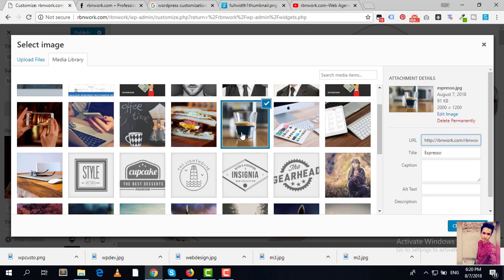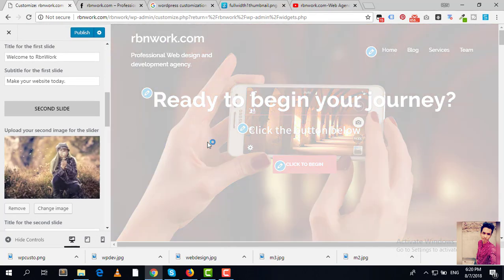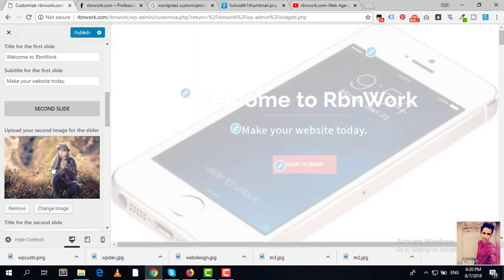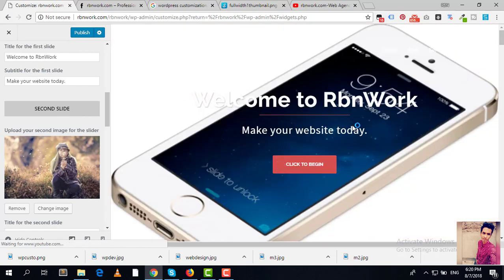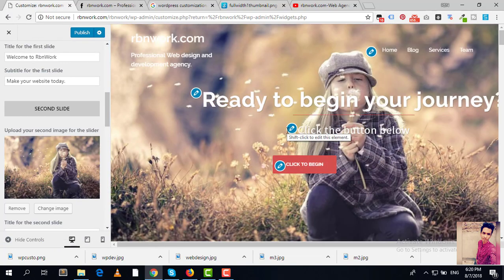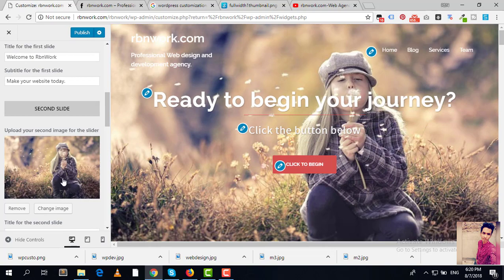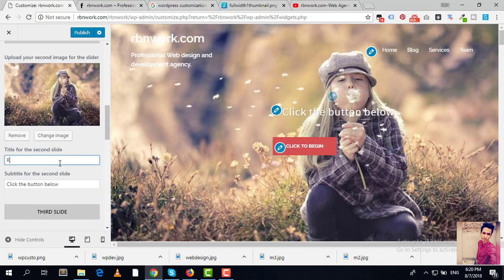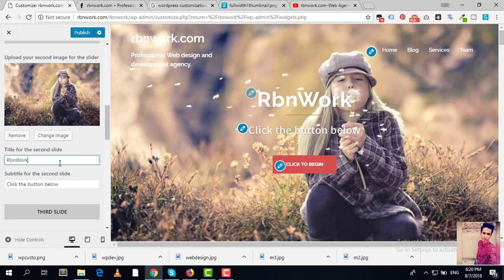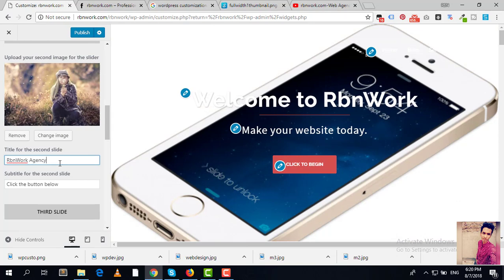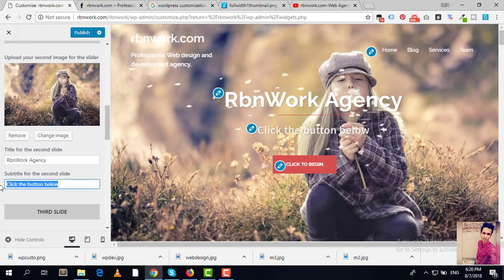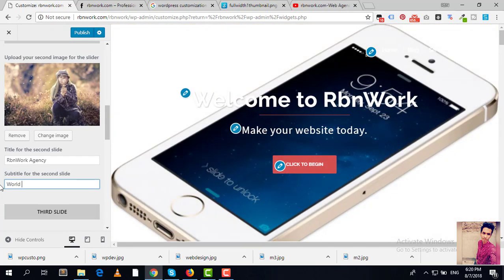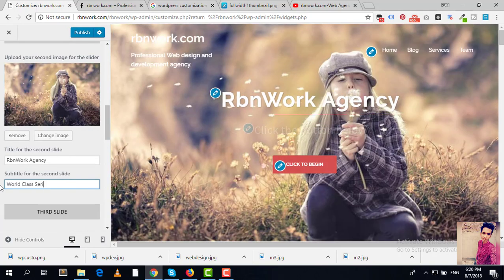Suppose we want to keep this image as second slide image. Just change the image and we'll show the changes. We can see here the changes. You also can change the title, RBN agency, world class service,